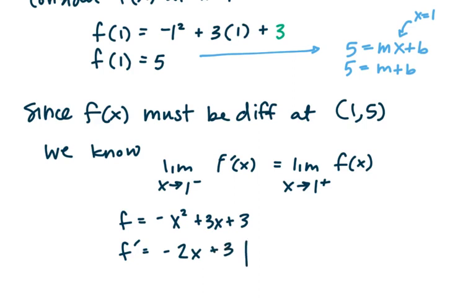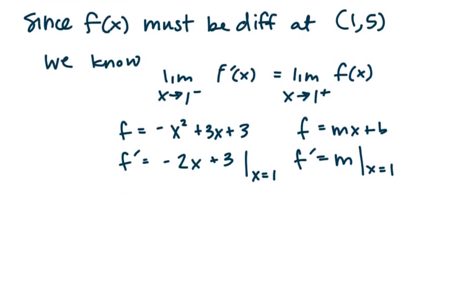And we need to evaluate f prime at x equals 1. And so we do the same thing with the line. If we consider that line f equals mx plus b, and we were taking the derivative of that, we would get that f prime equals m. And if we evaluate that at x equals 1,